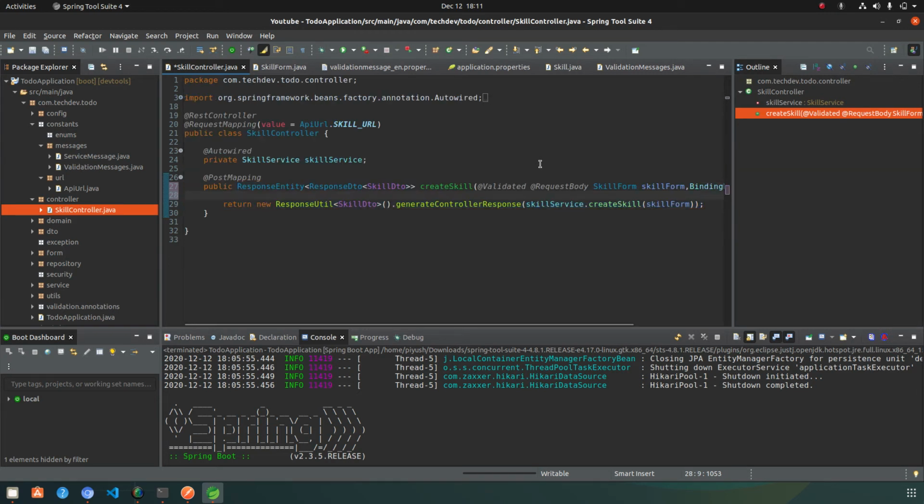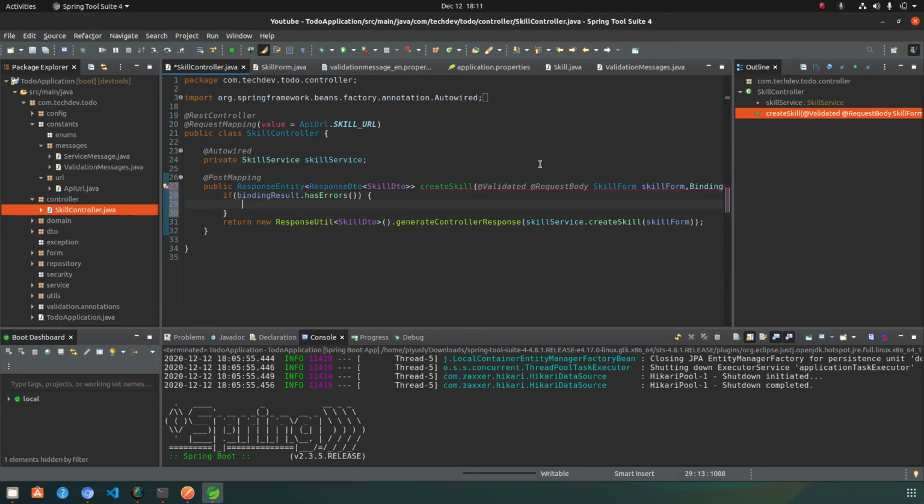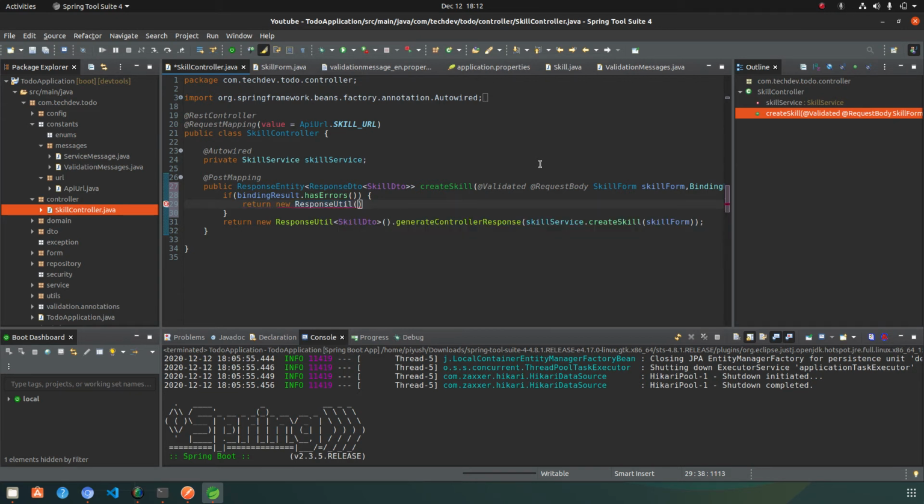So now, if bindingResult.hasErrors, you need to check that if the binding result has an error, then whatever you want to do is return the new response, or whatever, the response util of type void.